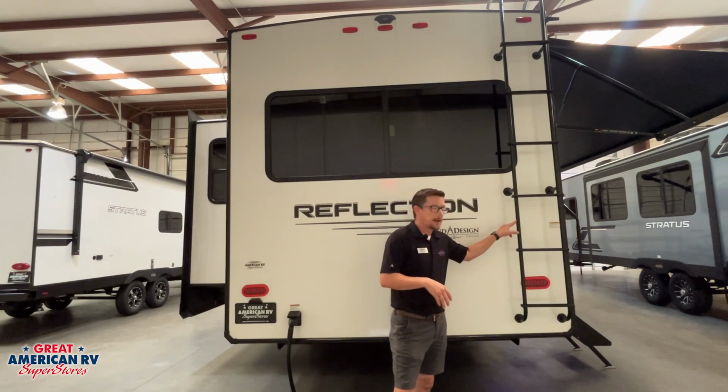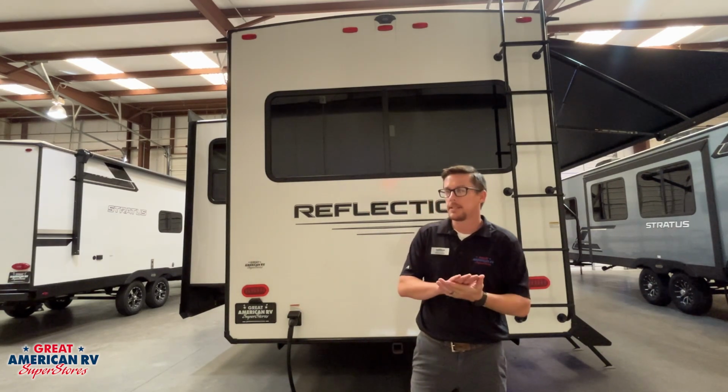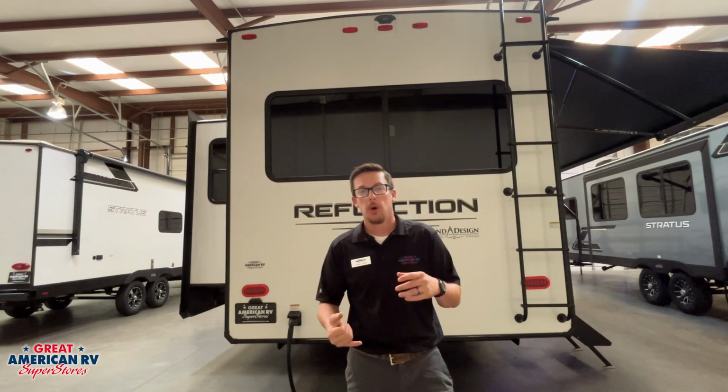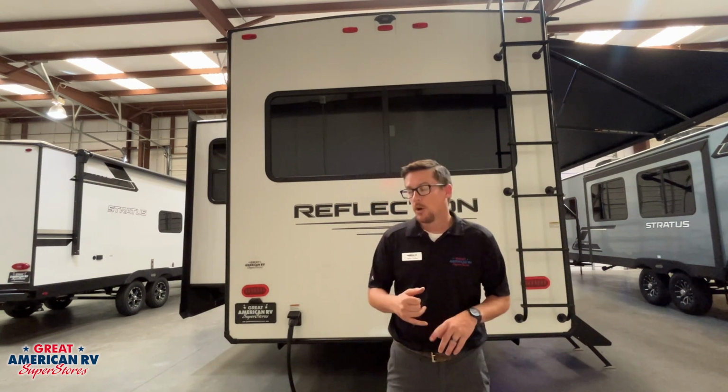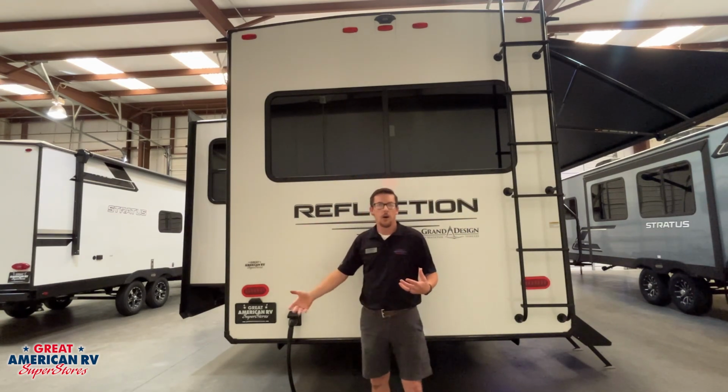We also have our factory supplied ladder right here to gain access to our roof. Why do we need to gain access to our roof? Well, the most important reason of all is maintenance. We need to check the sealant on that roof. We also need to check the sealant around our windows, our trim, our lights, all that stuff,